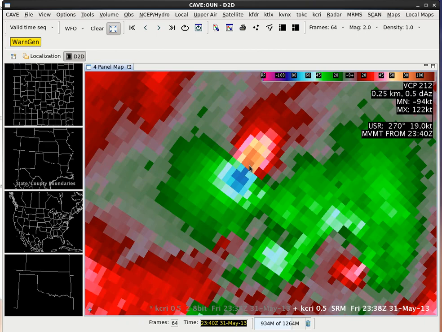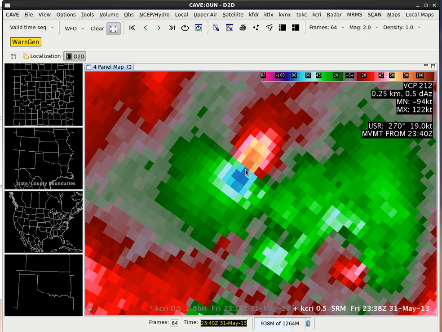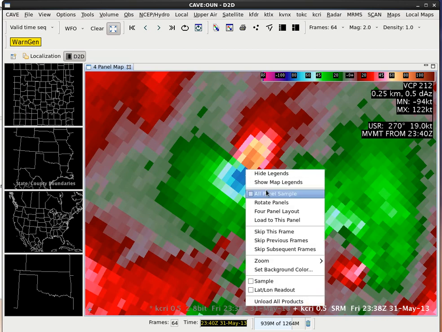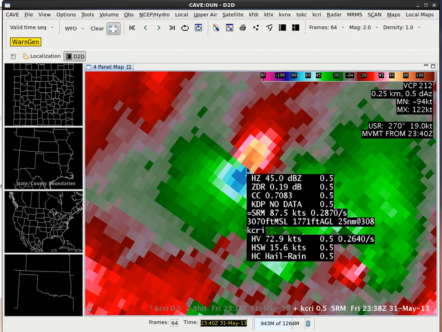So this really helps us be able to compare different panels in flexible ways with keyboard shortcuts. We can also go to the velocity signature, and if we right click on the background, we can turn on the all panel sample, which will give us the values for all of the panels that are loaded at one location. This is really important again for